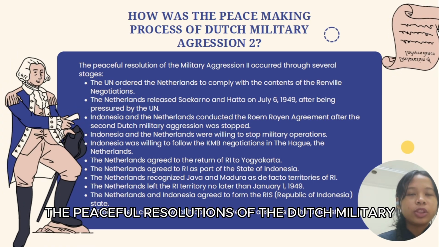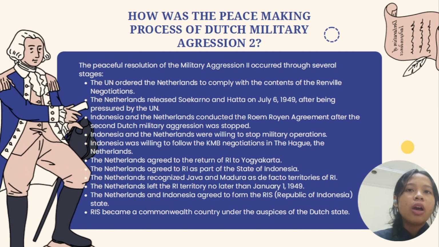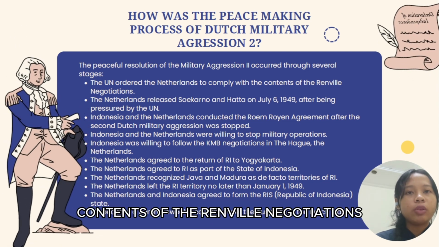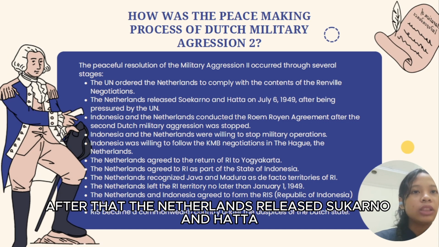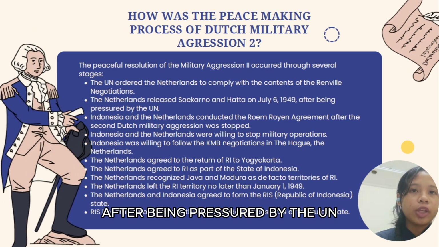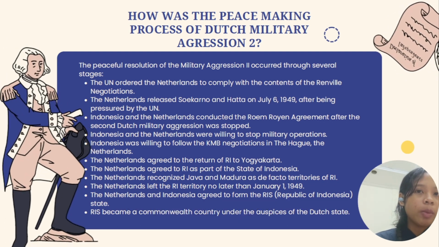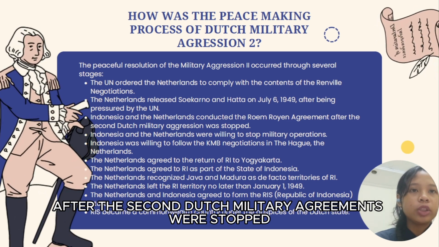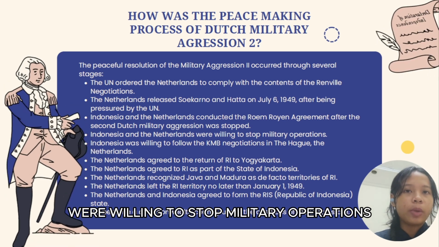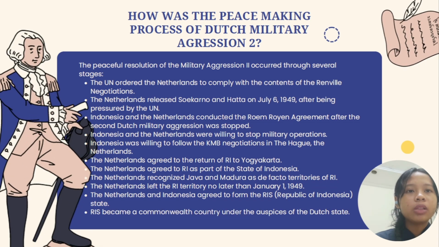The peaceful resolution of Dutch military aggression 2 occurred through several stages. The UN ordered the Netherlands to comply with the contents of the Renville negotiations. After that, the Netherlands released Sukarno and Hatta on July 6, 1949 after being pressured by the UN. And then, Indonesia and the Netherlands made the Roem-Royen Agreement after the second Dutch military aggression was stopped. Indonesia and the Netherlands were willing to stop military operations, and Indonesia was willing to follow the Conferentie Meja Bundar